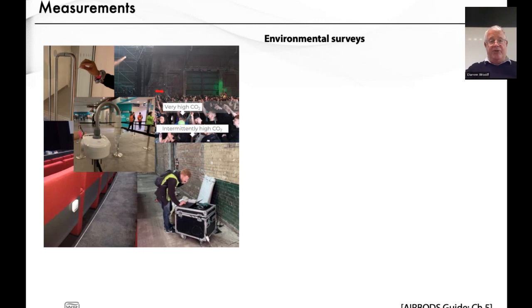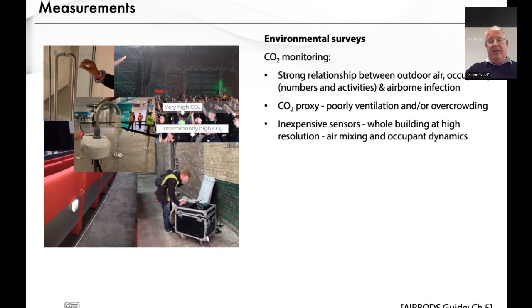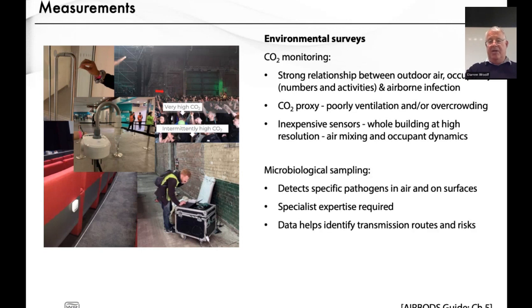We've got environmental surveys. So there's obviously a strong relationship between outdoor air, occupancy, that's just numbers and activities as well, and airborne infection. We know CO2 is a proxy. It's not measuring airborne infection, but it's showing poor ventilation and overcrowding, which may lead to increased levels of airborne infection. Ineffective dispensers,